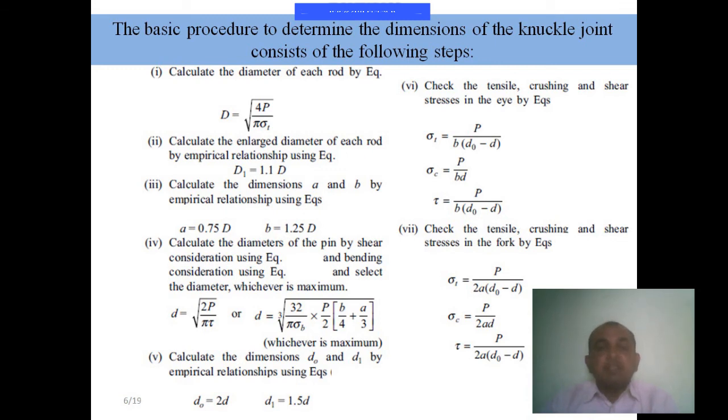So, the typical notation is given for the knuckle joints, but in various applications the cross sections of the knuckle joint are different. Maybe rectangular, maybe square, maybe trapezoidal, maybe elliptical. Different ends are connected, and based on the application and the end cross section, you can find out the dimensions and check whether the dimension is safe or unsafe against the load conditions.